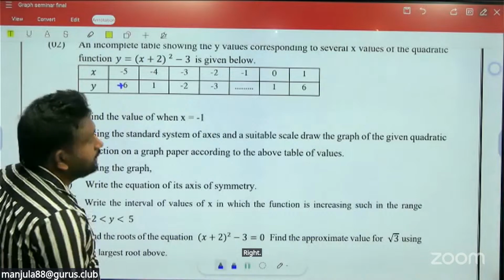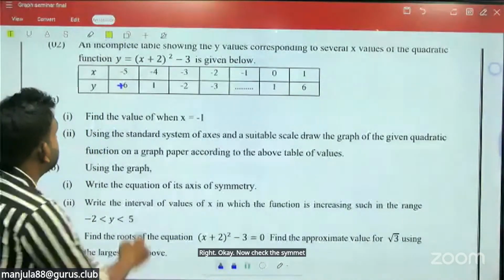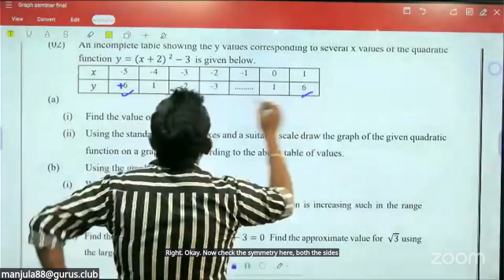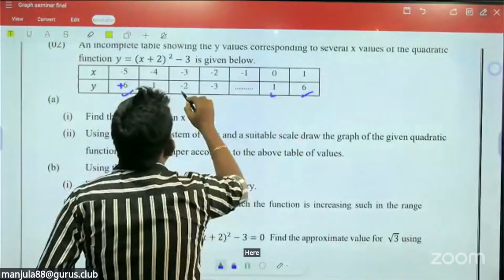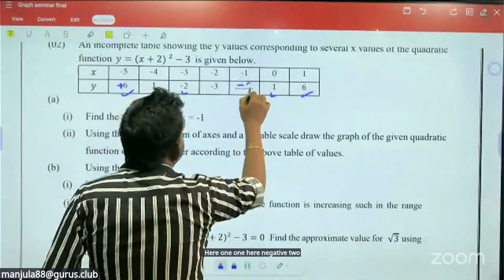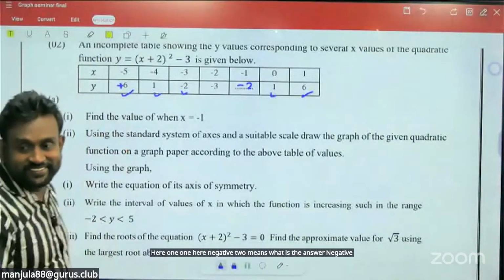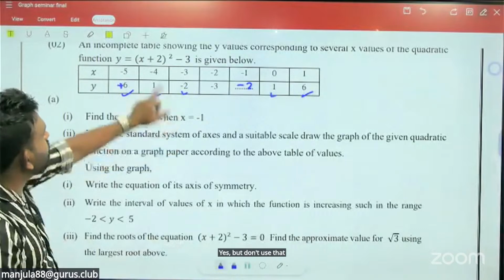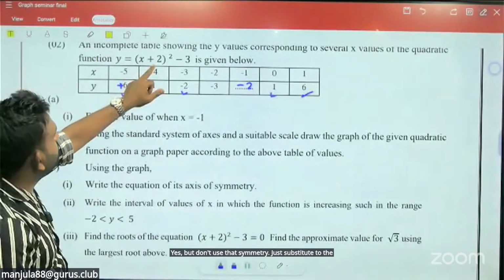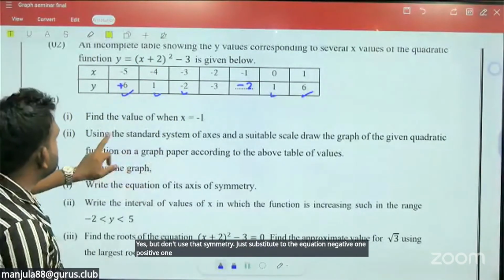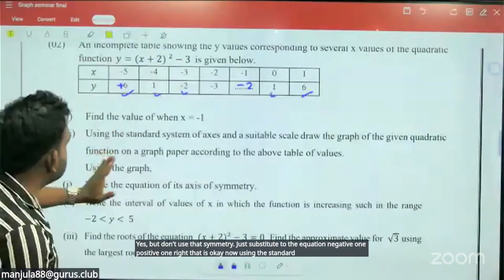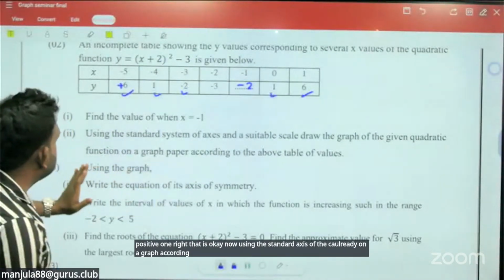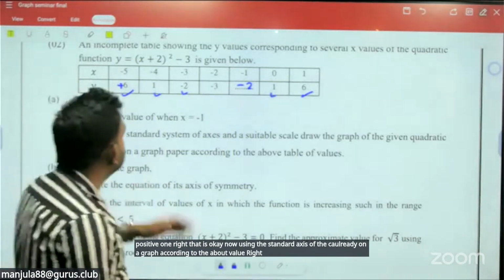Right, okay. Now check the symmetry here, both the sides. Here 6, here 6, here 1, 1, here -2 means what is the answer? -2. Yes, but don't use that symmetry, just substitute into the equation, -1 plus 1, right. That is okay. Now using the standard axis of the quadratic on a graph according to the above values, right, draw it. Draw x